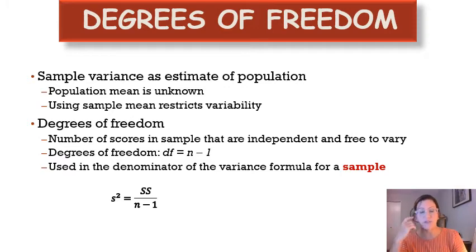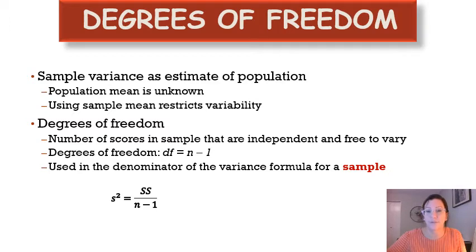So what we have to do is estimate what we would see in the population, and we have to take into account that the sample variance is going to be different or less than what the population is going to be. So what we have to do is take into account the bias, which we do with what's